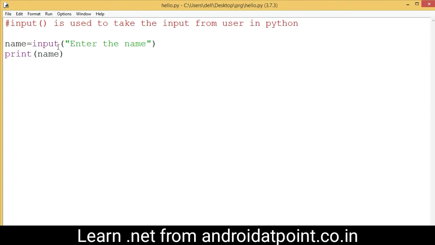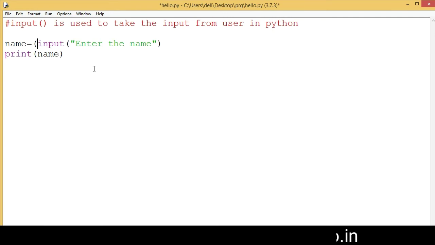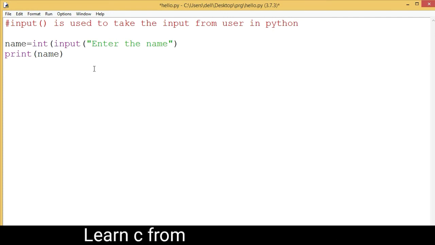So if you want to take the integer value or int value or floating type value, what we do? Python offers two functions for taking the int value, the int function, and for the float value, float function. So I'm going to use here the int function. Just write here int and close the bracket here. Now write here number